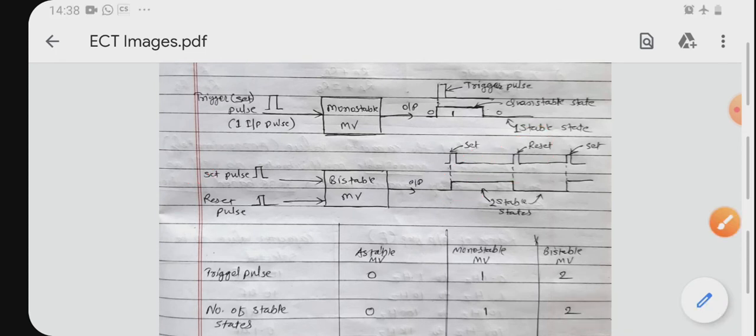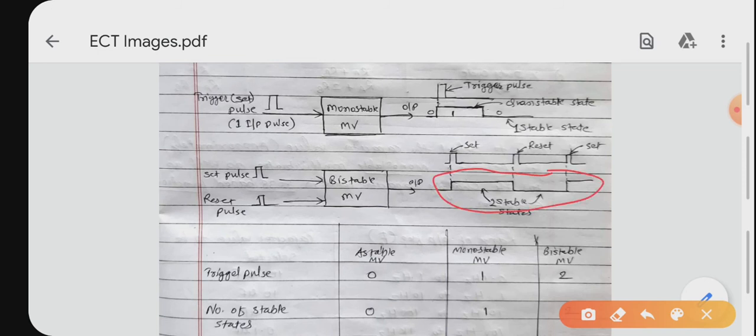Okay, so here you can see this is the waveform of output signal, and this above one is the waveform of the trigger pulses, set and reset trigger pulses. So once set pulse is applied, output changes from one state to next state, from 0 to 1 here. It will remain into its changed state, that means in the one state, till the next pulse, reset pulse, is applied. In monostable multivibrator, the output comes back to its original state automatically depending on the R and C values. Here we have to apply reset pulse to change the state again.